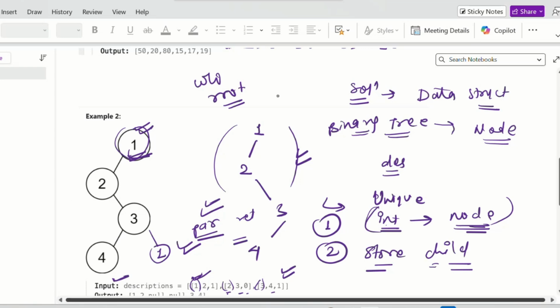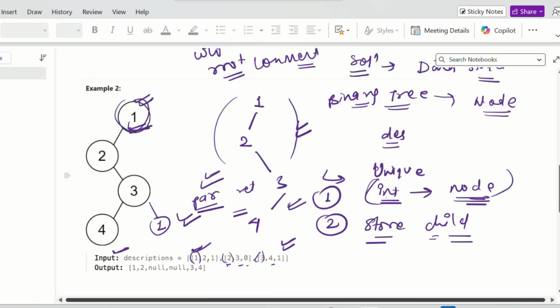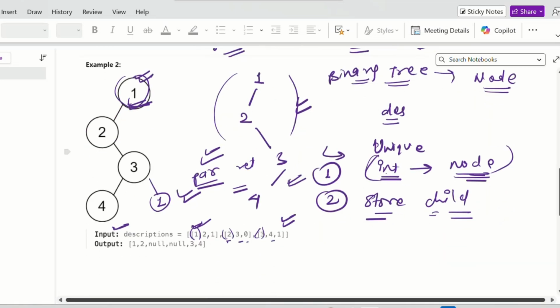You can guess in the comment section which data structure we can use, and then I will tell you which data structure is the best fit. I hope you can pause the video and put in the comments which will be the most appropriate data structure for this solution. So I will tell you. We need to store a particular integer key corresponding